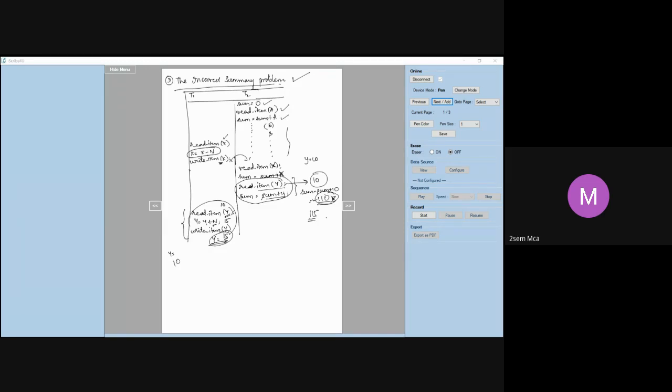So what did we discuss till now? These are the three problems as to why concurrency control is needed. Why should a DBMS have a concurrency control module? So these are the reasons. Lost update problem is one reason. Temporary update or dirty read problem is one reason. And then we have the incorrect summary problem as one reason. Right? Let us proceed. If there are no more questions, I will go ahead.